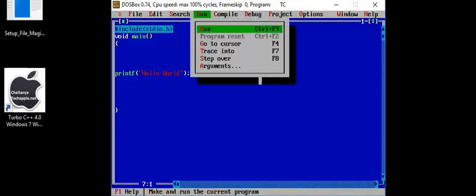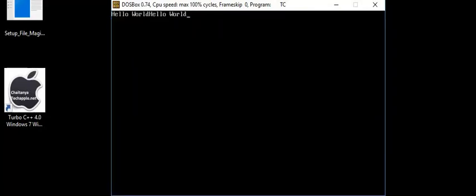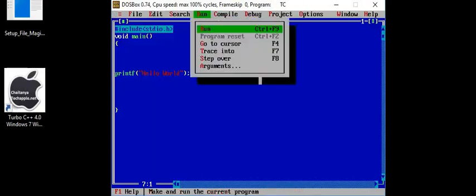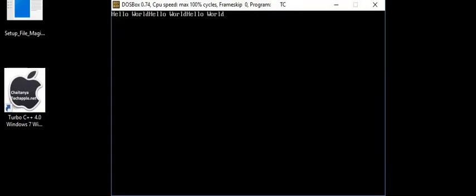Again go for Alt R and run. The machine will print it once again. How to check? Alt F5. Oh, the machine has printed hello world once again. The previously displayed message you can see, as well as the recently displayed message. How to come back? Enter. Run the program once again. The previously displayed 2 messages you can see by pressing Alt F5, and the newly displayed 1 message.